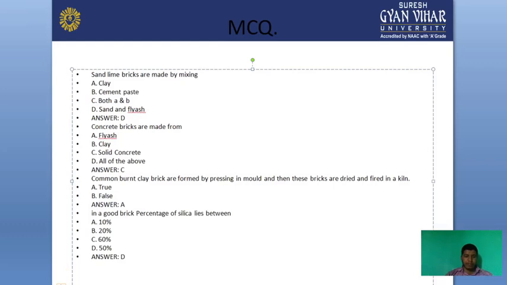नेक्स्ट क्वेश्चन है: In a good brick, percentage of silica lies between, कि जो एक अच्छी क्वालिटी की ब्रिक है उसमें सिलिका की परसेंटेज कितनी होती है? तो हमने ये फर्स्ट लेक्चर में पढ़ा था। ऑप्शन है 10%, 20%, 60% और 50%। द करेक्ट आंसर इज़ 50%, एक अच्छी क्वालिटी की ब्रिक्स में सिलिका की परसेंटेज 50% होती है।